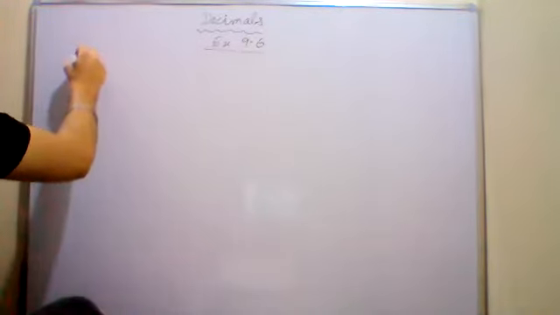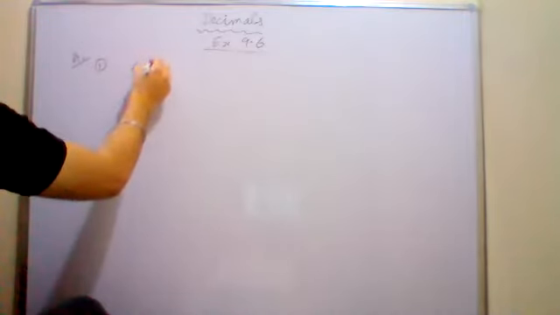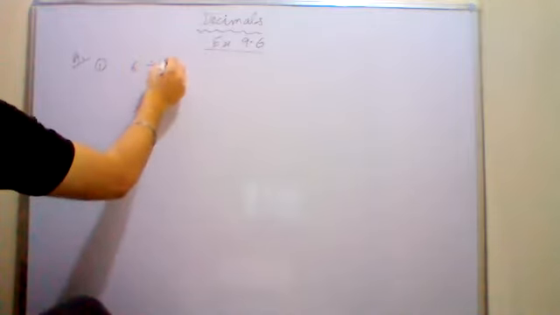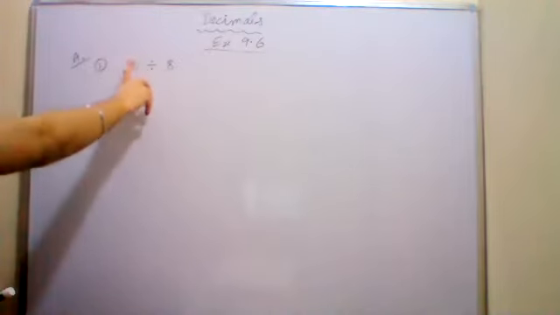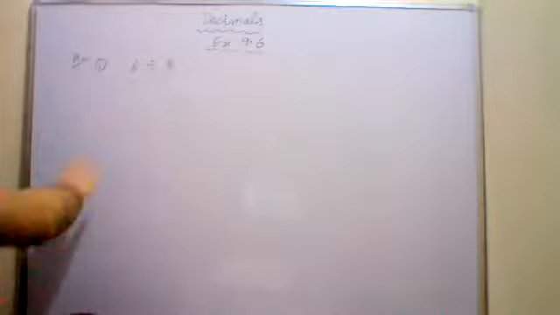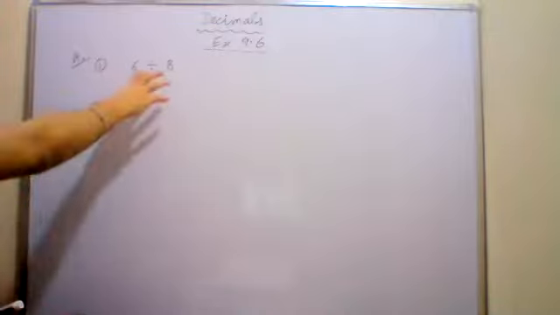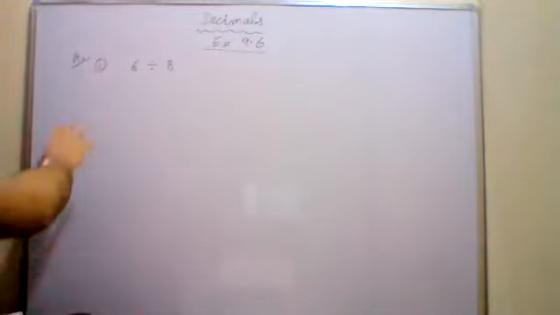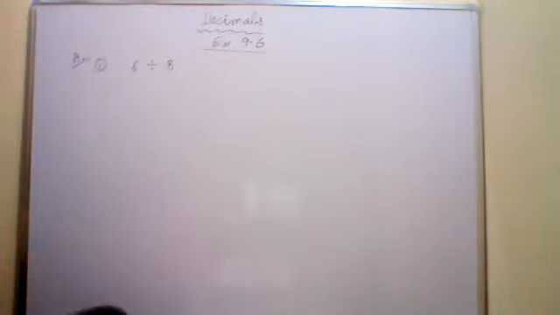In question A, the first part, you have to divide 6 by 8. Now the divisor is 8 and the dividend is 6. You can see that the divisor is greater than the dividend. We have to find the answer in decimal. Can we divide a smaller number by a larger number? Yes, it is possible if you are finding the answer in decimal. So how are we going to do it?